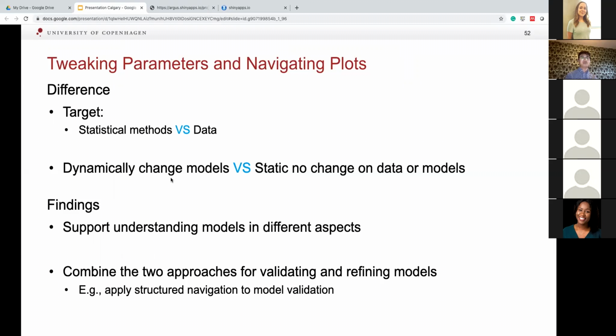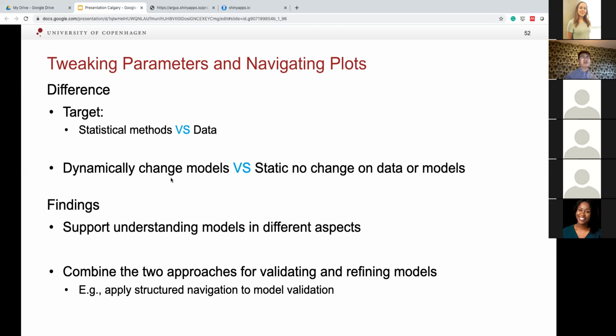Furthermore, another difference between the two approaches is that tuning parameters results in changing the models and producing new results dynamically, whereas navigating plots is based on the existing data and does not lead to any changes in the models or data.